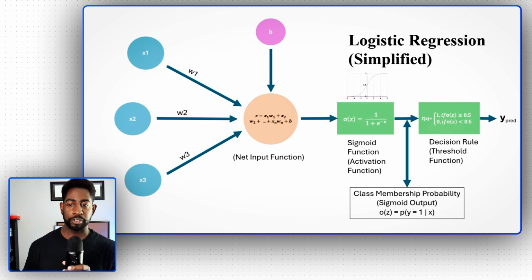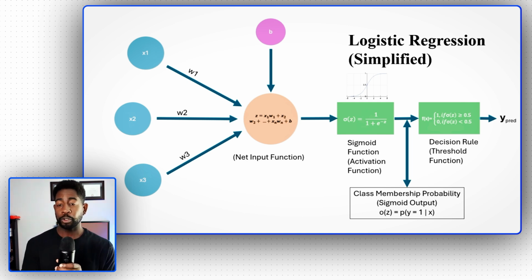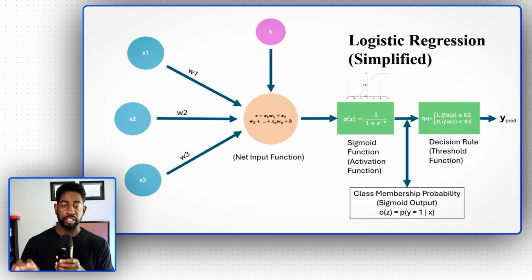So the sigmoid function, of course, sends data over to the sigmoid output where you get a class membership probability. That probability is sent to the decision rule, or the threshold function. And the threshold function, as you can see, is very similar to the Perceptron threshold function, where you have a rule: 1 if the output is greater than or equal to 0.5, and 0 if the output of the sigmoid output